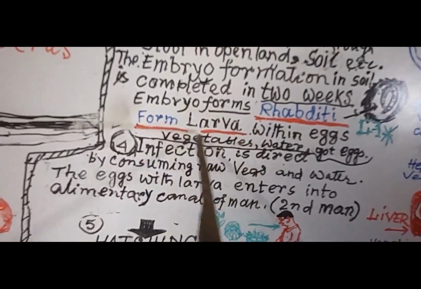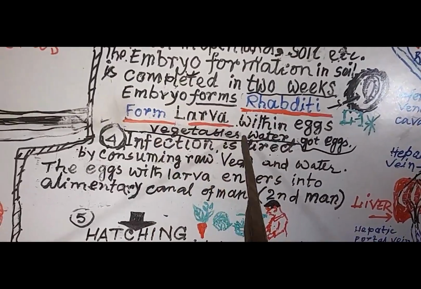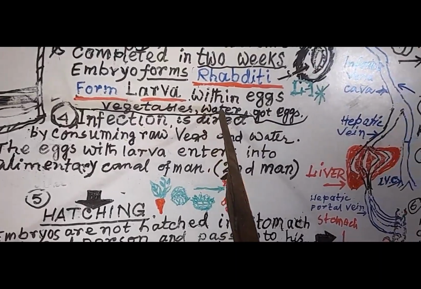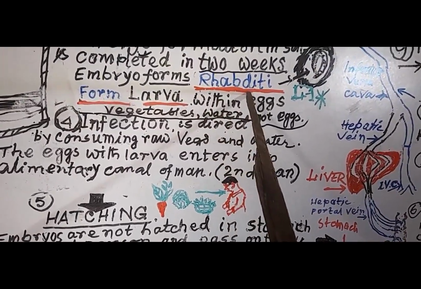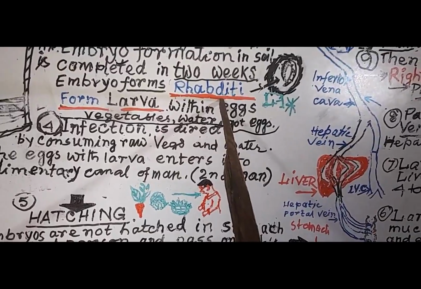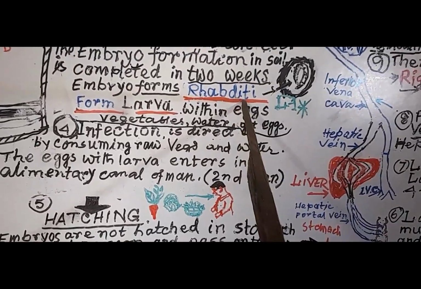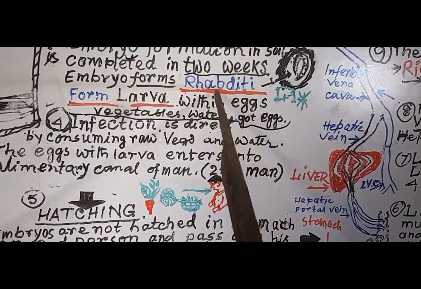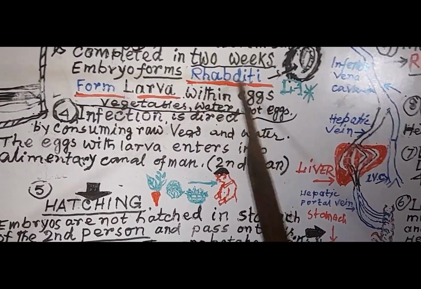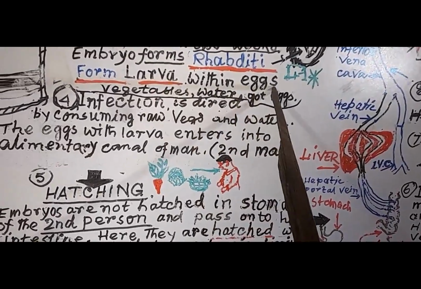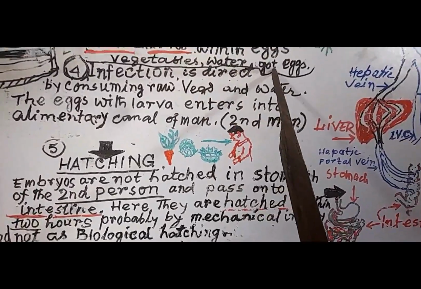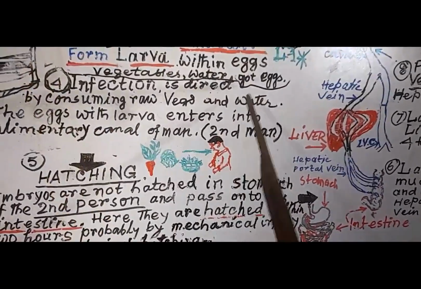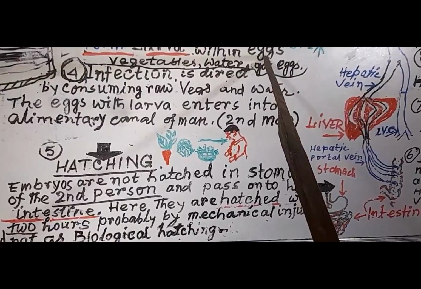This important question: rhabditiform larva, where is it present and why is it so named? In some books and some videos, someone is telling that rhabditi means rod-like. Actually, rhabditi means racket-like. The larva forms within eggs. And these eggs, when drained with water to the